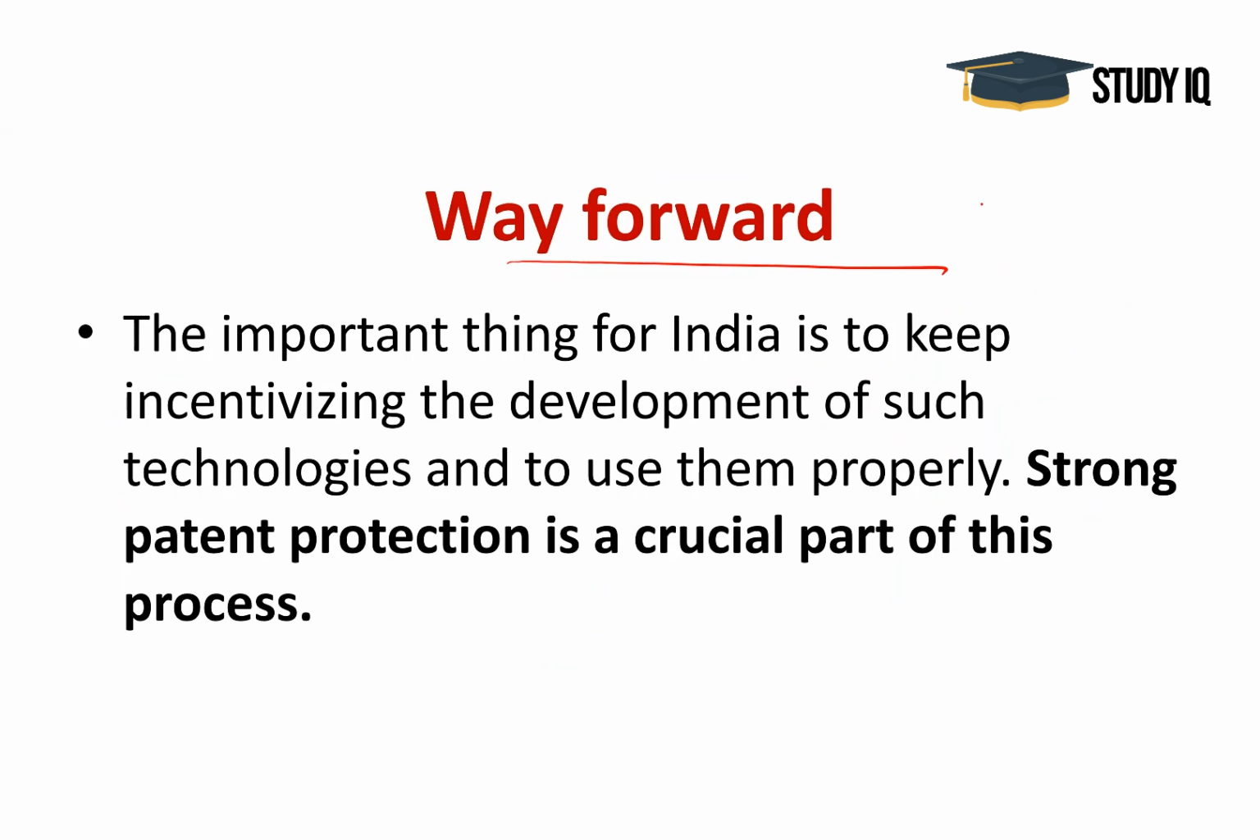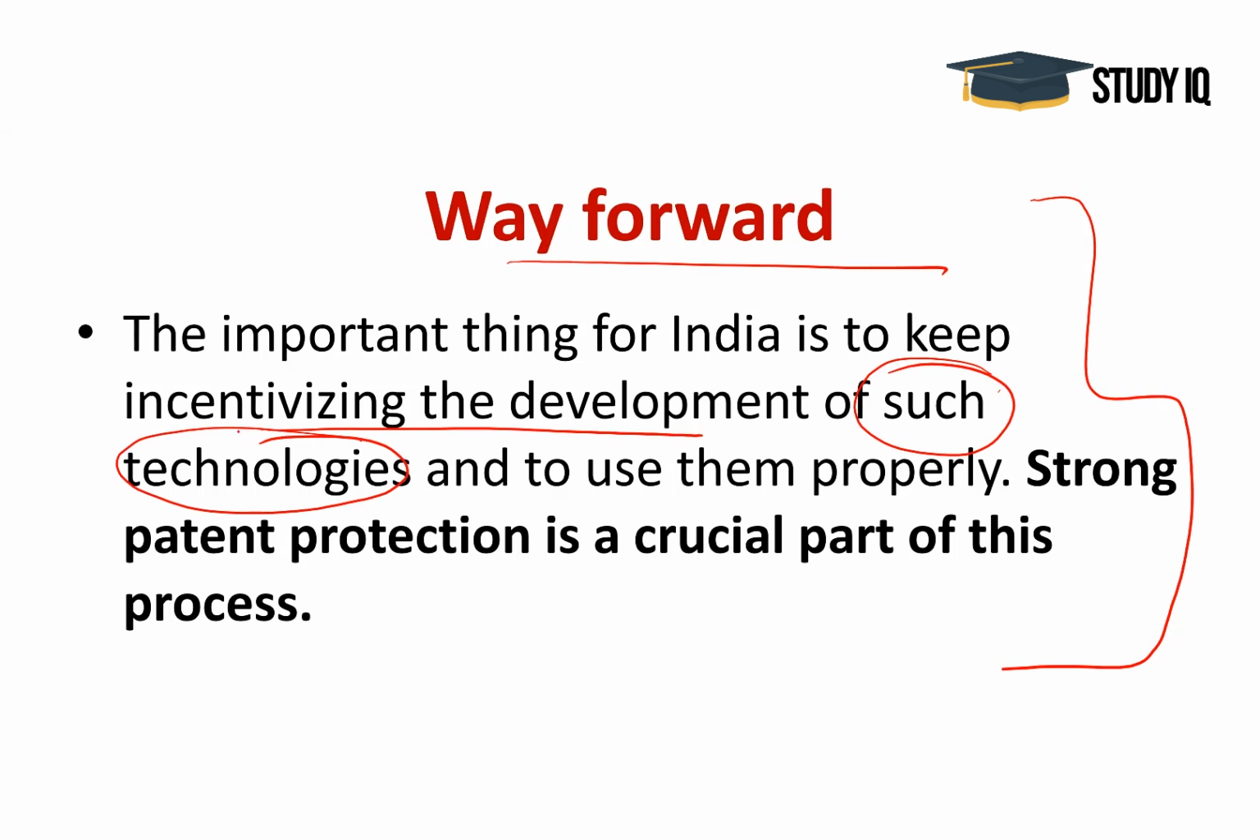Now see, what is the way forward for such things in our country? Because transgenic technologies such as Bt cotton are an important part of India's cotton production. Right? They are not infallible. But this is true of all technologies, like antibiotics that sometimes fail when used improperly, as was the case with Bollgard too. So the important thing for India is to incentivize the development of such technologies, to encourage research and development in this field, and to use them properly, because strong patent protection is a crucial part of this